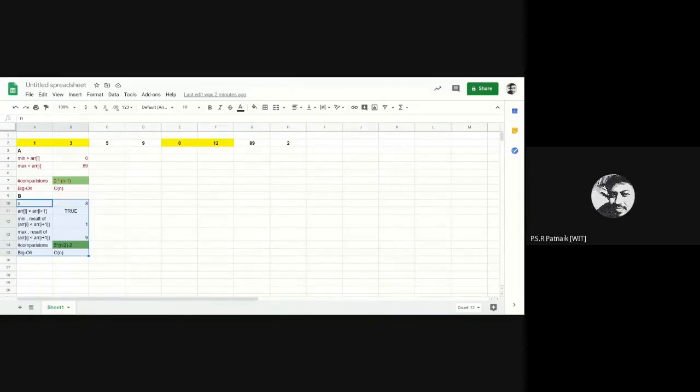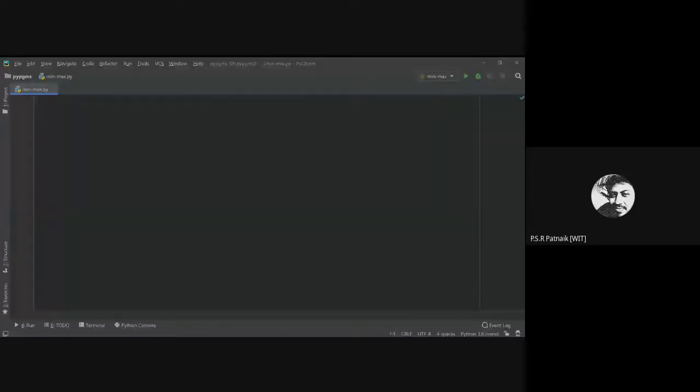Okay, so let me switch to PyCharm. Are you comfortable with the PyCharm IDE? We use the PyCharm IDE for Python. Okay, can you see my screen?